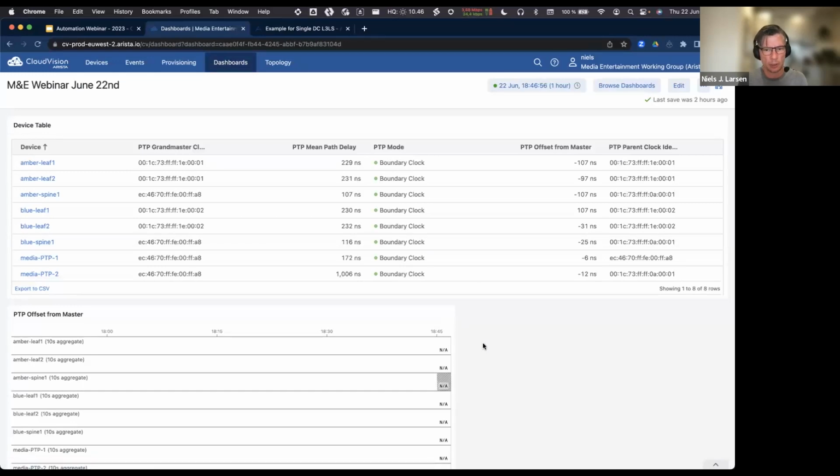I think what's happened is that I've messed up some authentication between CloudVision and the actual switches, but the change has been pushed, and you can see that the Grandmaster is configured. We have the offset values, etc.